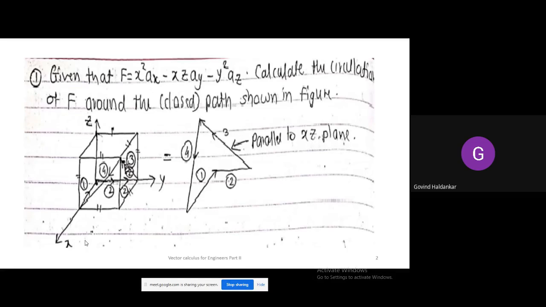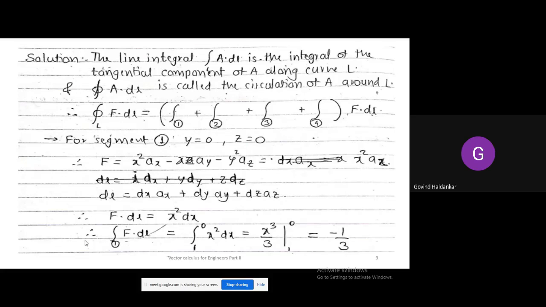Now here, while solving the problems, you are going to find the integration of A dot dl. What is A? A is nothing but a function, and dl is nothing but the smallest part of the segment, that is the infinitesimal small path along that curve. So A dot dl will be the integral. So while solving the problems, this integral is divided into 4 parts, since there are 4 segments, segment 1, 2, 3, 4, and all are integrated. Here I define line integral again.